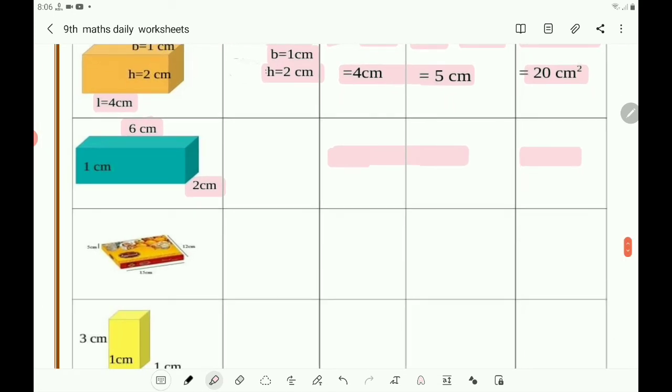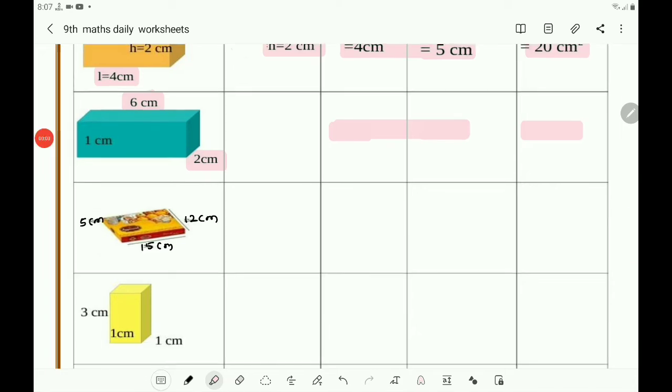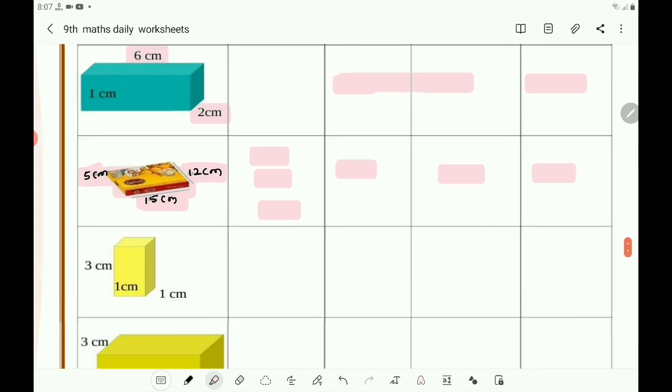So then the product of these two, 2 into 8, you will get 16 cm square. Similarly, take this one here. For this cuboid, this is L, L equals 15 centimeter. This is B, B equals 12 centimeter, and this is H, H equals 5 centimeter. After that, find 2H. 2H means 2 into 5. And find the sum of L and B, that is 12 plus 15, you will